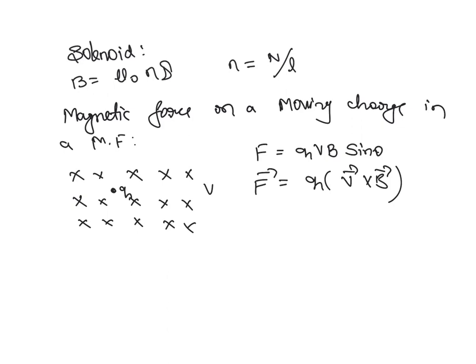Suppose when it comes to the magnetic field, it always traces a circular path when the angle between velocity or speed of the charge and the magnetic field is 90 degrees. At that time we can say that the centripetal force mv square divided by r is equal to q into v into b. This is the radius r.